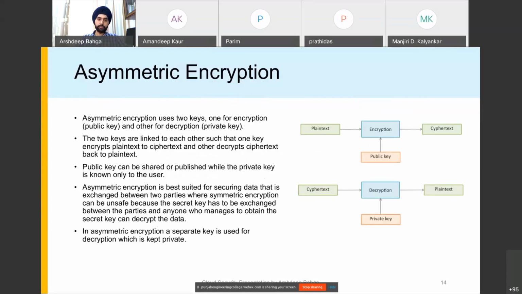Next, we have asymmetric encryption. In asymmetric encryption, we have two keys, a public key and a private key. These public and private keys are linked to each other. They are actually mathematically linked to each other. So one of the keys is used for encrypting the data. You use the public key for encrypting the data, and the private key is used for decryption of the